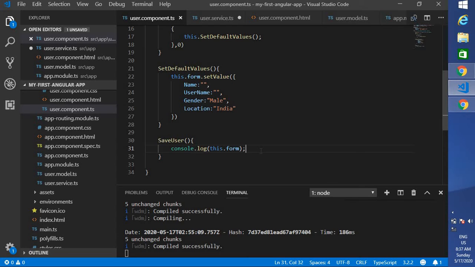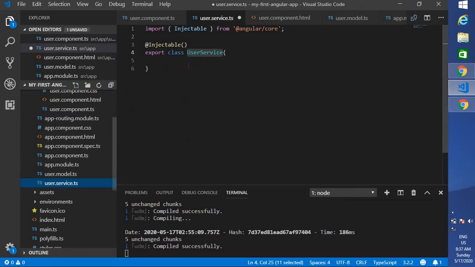But what does dependency injection mean? You have to tell Angular by using this injectable. Once you give the injectable, it understands it requires an injector. It can be injected anywhere in the application. You're saying it can be made available for dependency injection. So just come to your component.